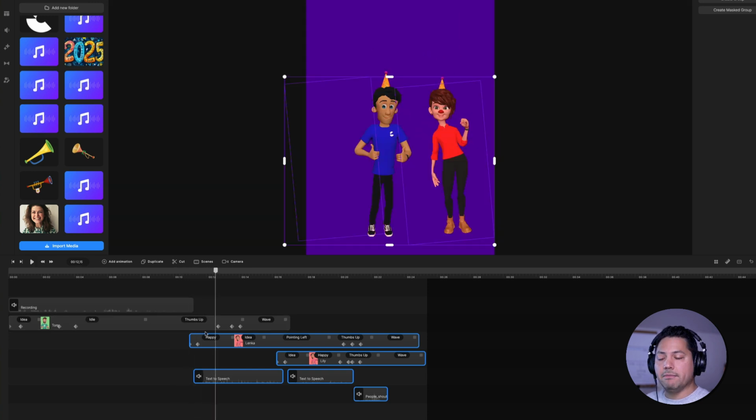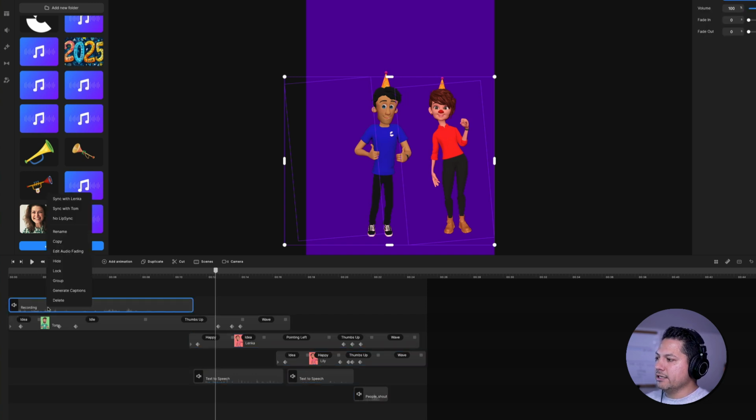All right, so we got a good alignment. Now I just need to sync my audio to my character, right? So I'm going to go ahead and select my recording there, right click it, and I'm going to say sync